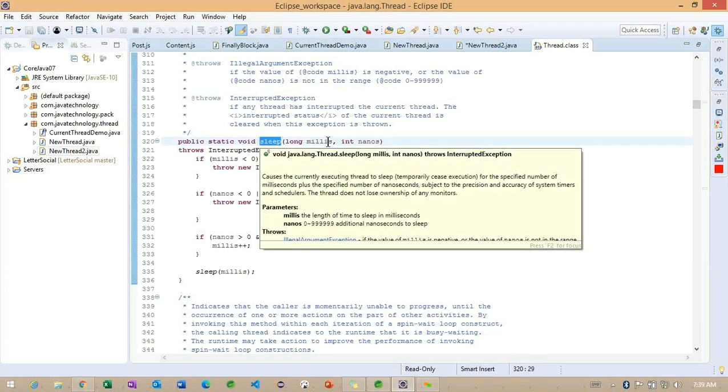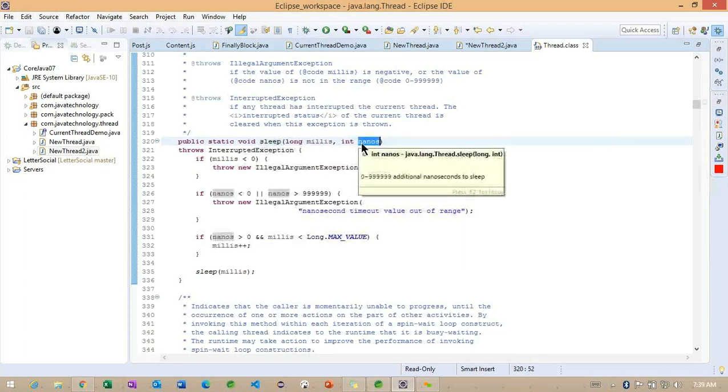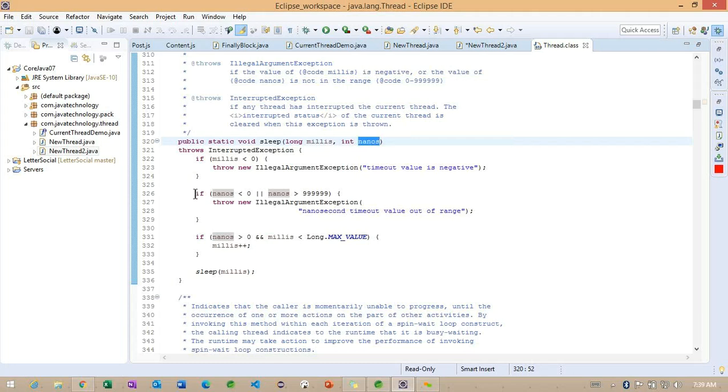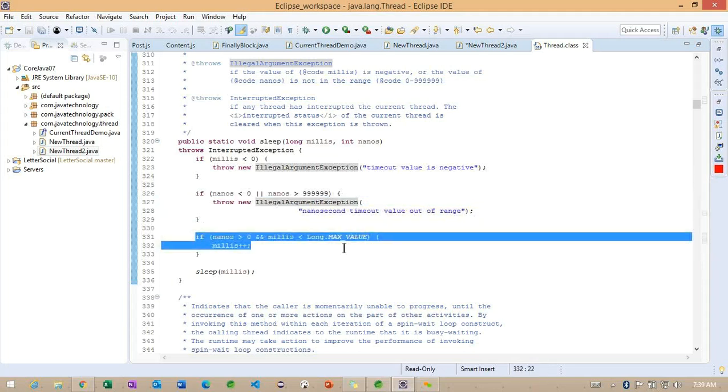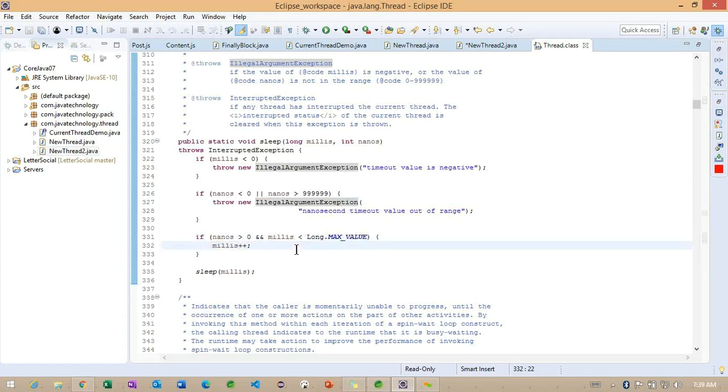If we don't specify nanoseconds, it takes 0. Based on that, they perform some operations: they throw an IllegalArgumentException, and if the condition is not satisfied, it goes on and they increment the milliseconds value. This is the way the sleep method is called internally.